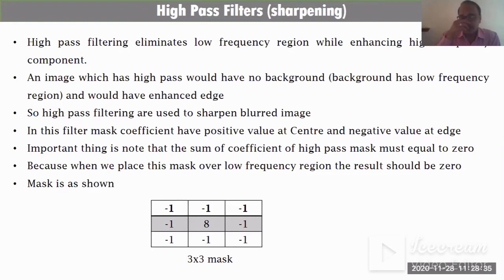In some situations, if the image is blurred, or if the image doesn't contain enough light or contrast, we can sharpen the image. So we can easily identify specific details in that image. For that purpose, the sharpening technique is important. The sharpening technique is nothing but a high pass filter. So low pass is a smoothing technique and high pass is a sharpening technique.